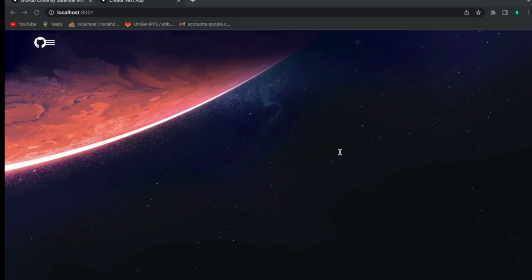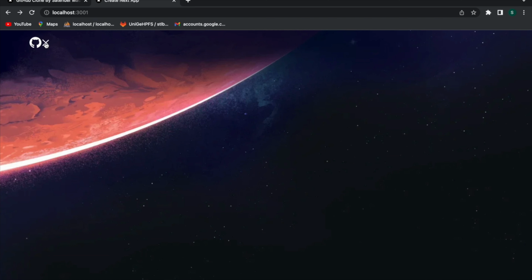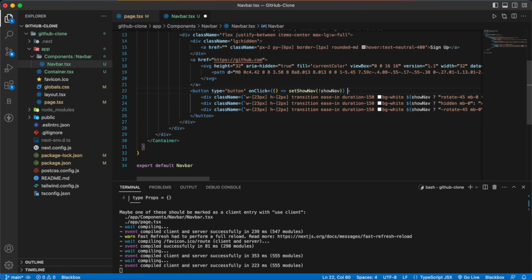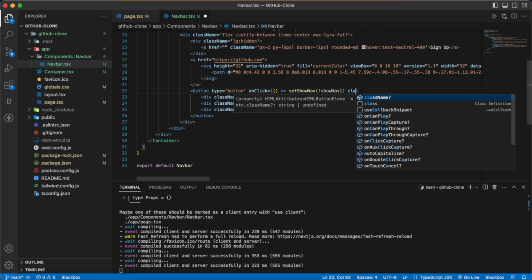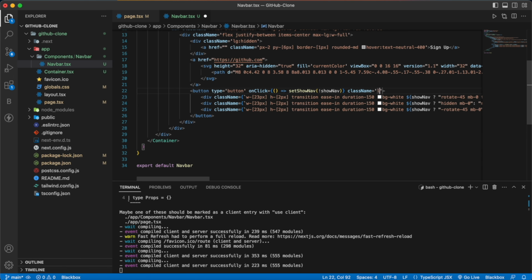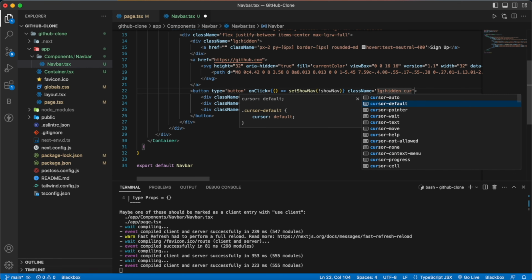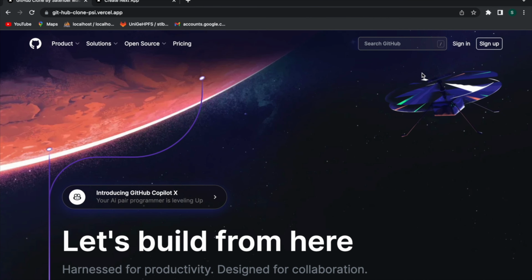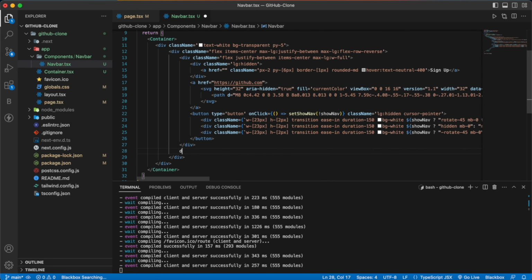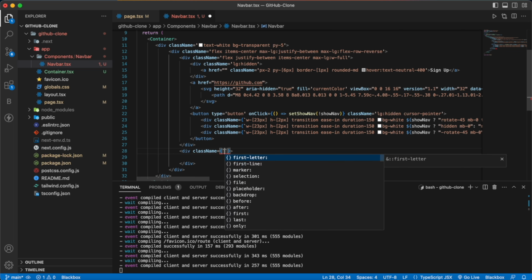Let's save it and go back here. Now if I click on it, you can see the animation. And you may already know that this will work only on small devices. So we are going to give a class name of lg:hidden and cursor-pointer. And now let's work on this navbar. For that we have to go below this div and write a div. Inside that we are going to give a class name of flex,